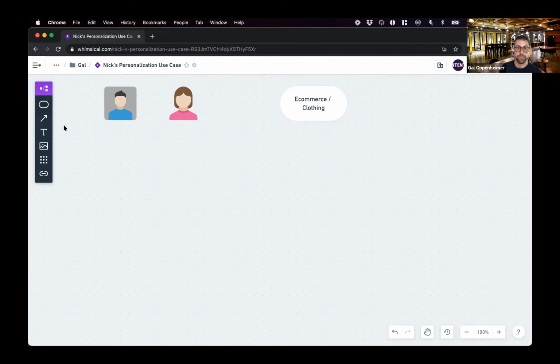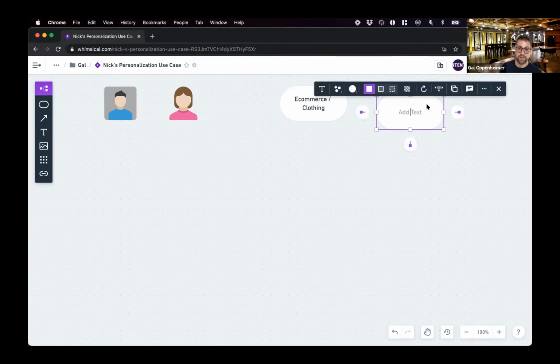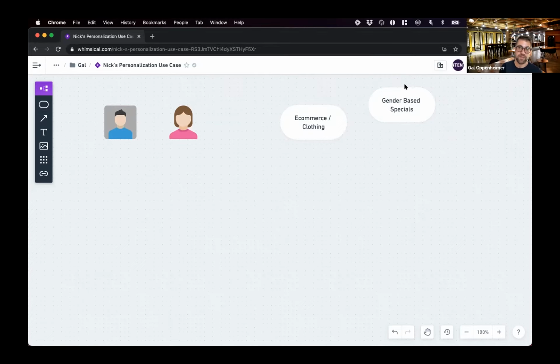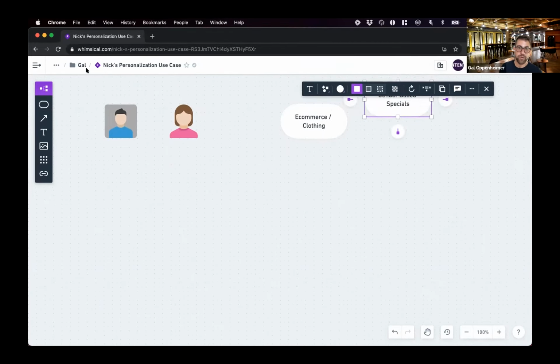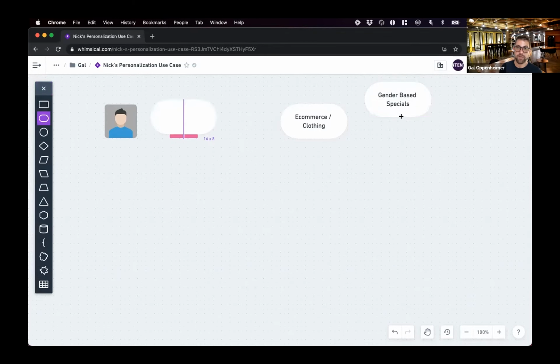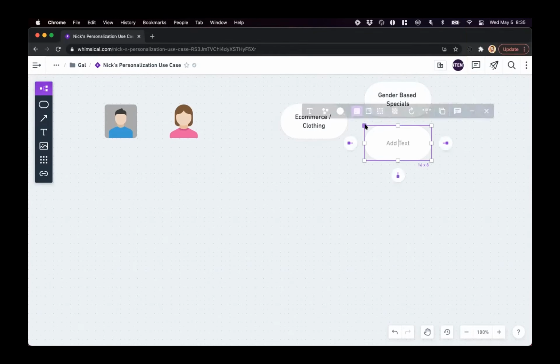Okay. Let's log some of those down. So you have gender-based specials. Do you have different lines where some might be cheaper or more expensive than others? Or is your price point pretty much the same across all of your products? We have different tiers of pricing, but it doesn't fluctuate too much. So I guess we could break it out into different tiered pricing based on the user.